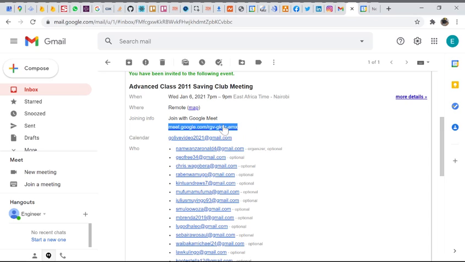So if you're using a laptop, you may not need to download Google Meet because Google Meet runs in the browser. They actually have a web app, a mobile app, and a desktop app. But if you're using a laptop or a computer, you actually don't need this. You don't need to download Google Meet. You just click there and run it within your browser. However,